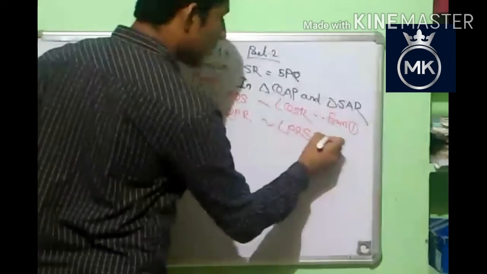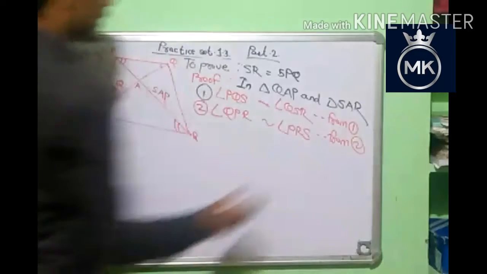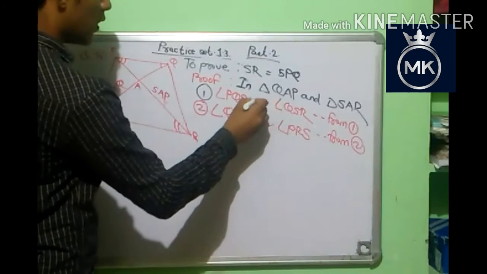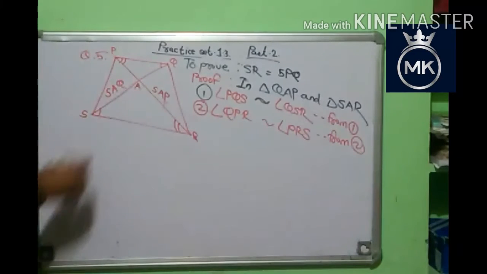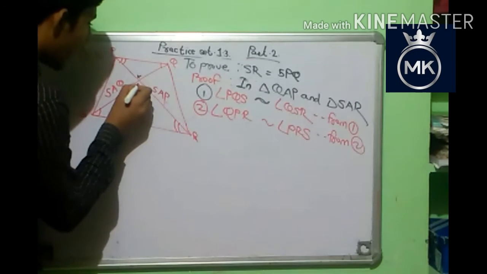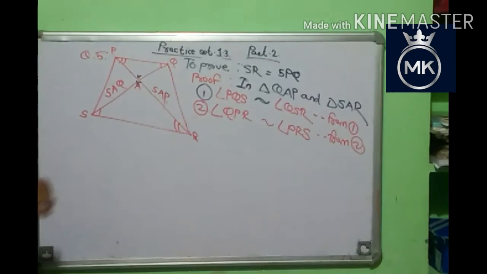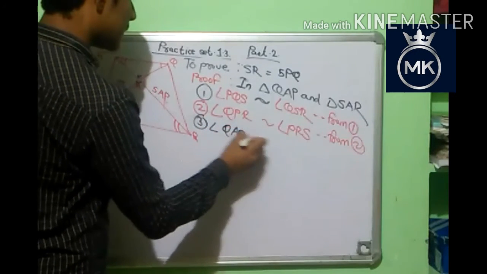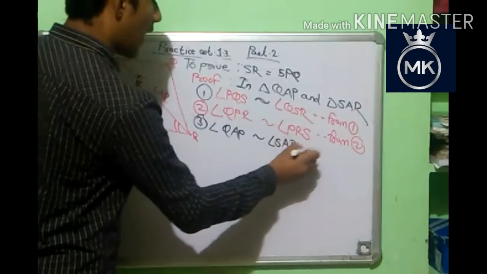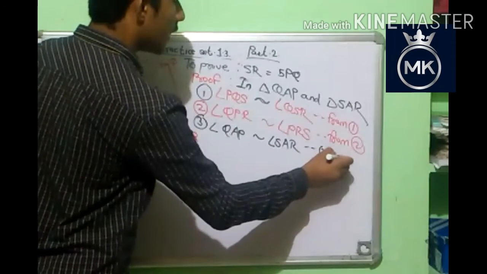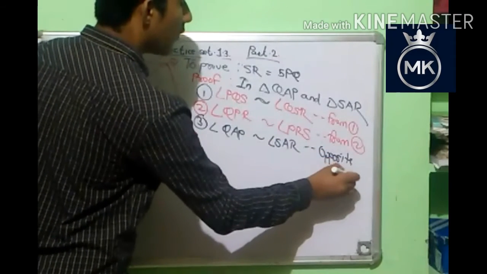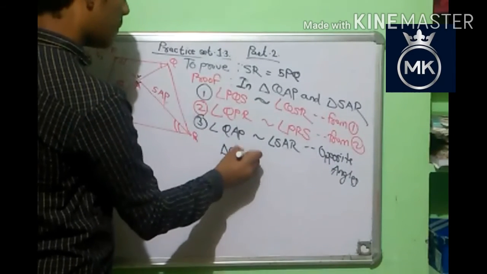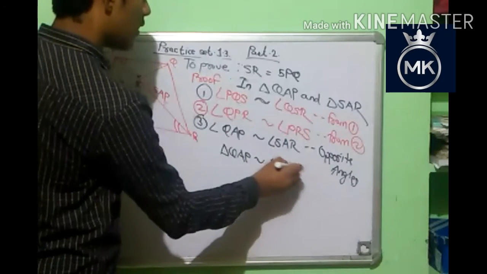Then we also write the similarity by the test, and here we also include the vertically opposite angle pair. So we write angle QAP is similar to angle SAR by the opposite angles test. So our similarity shows triangle QAP is similar to triangle SAR by